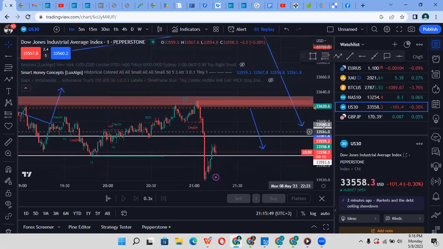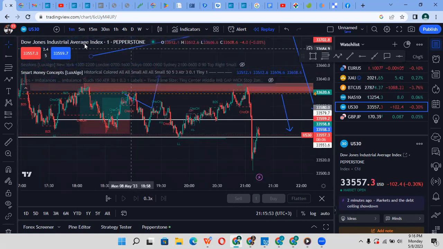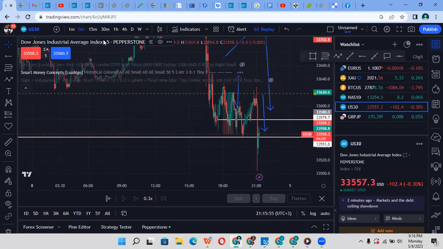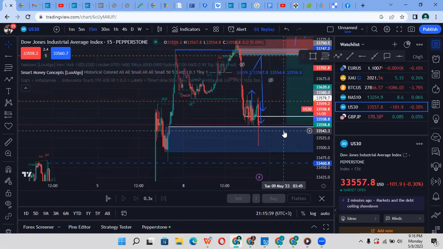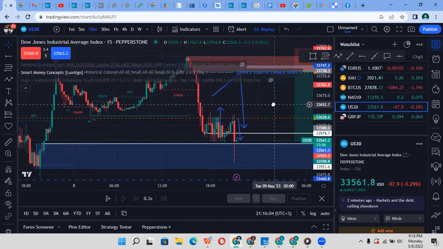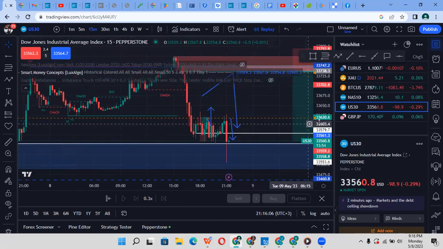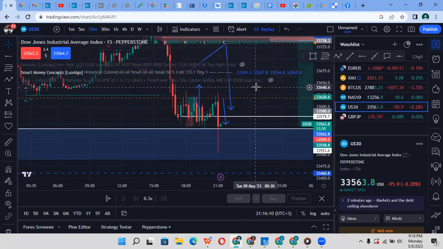If it comes here, sell it. Reason why? It meets all my entry